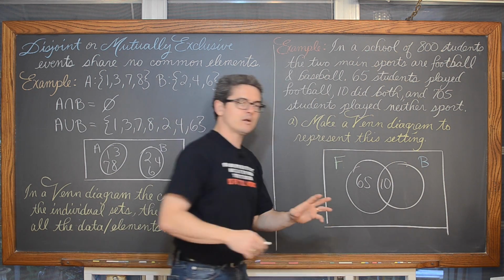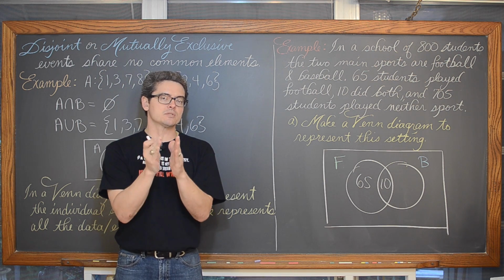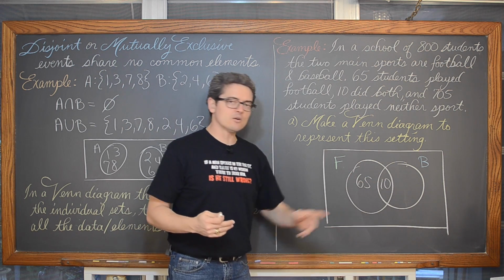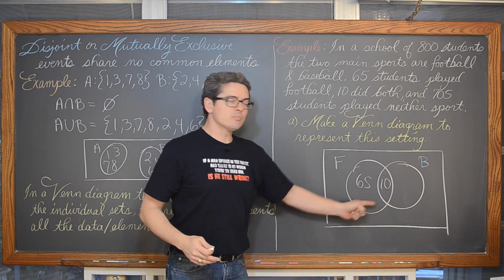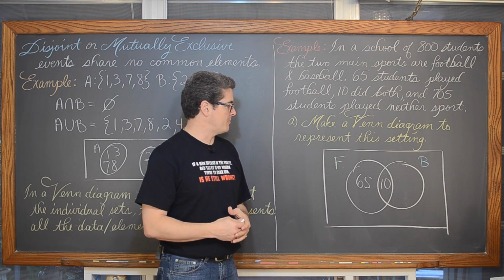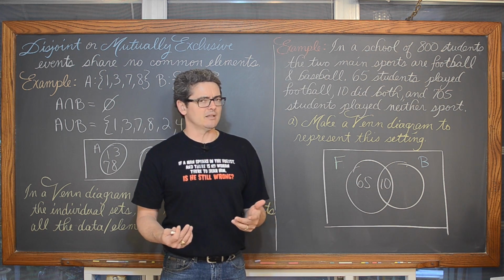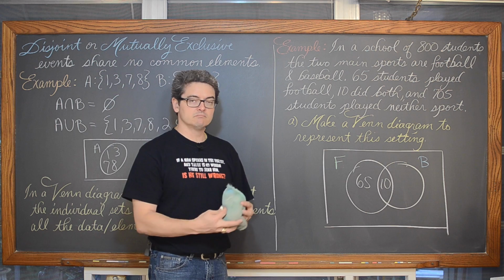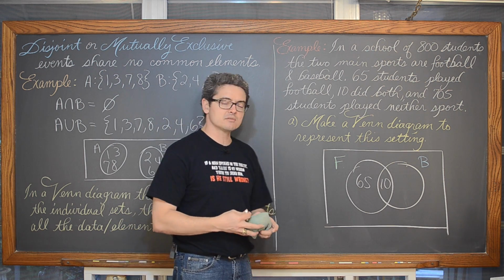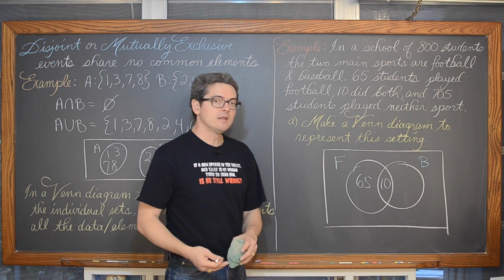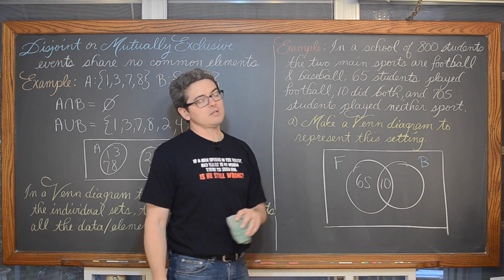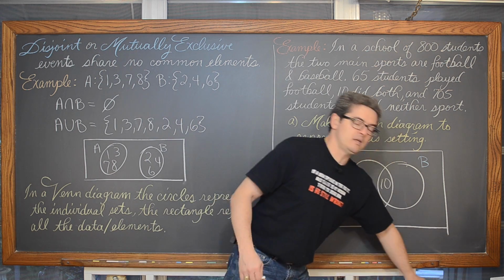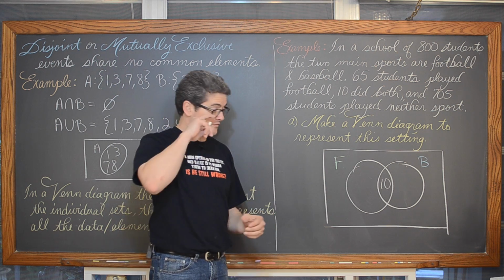And if I put that 10 in there, now I just said you want to start with the overlap area, the intersection, and work your way out. Well, if I just say, oh, football, 65, 10 for both, and add up the numbers that are in this circle representing the set football, well, 65 and 10 adds up to 75 players, which may not be bad for, I don't know, an average high school football team, but the problem specifically says there's 65 students playing football. So that is why you want to start with the intersection of all of your circles first and work your way out.